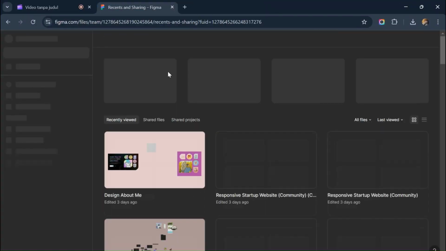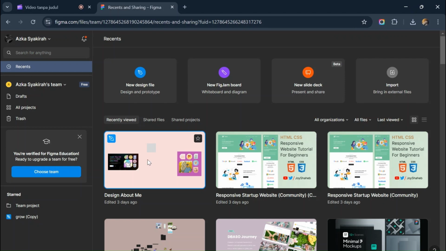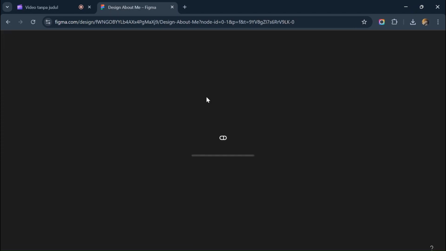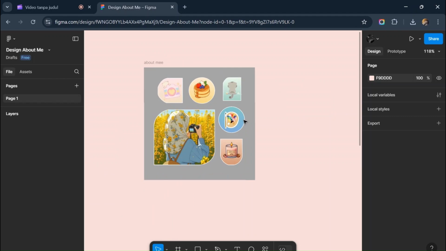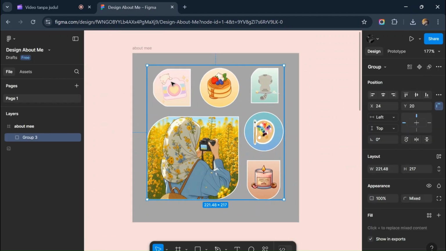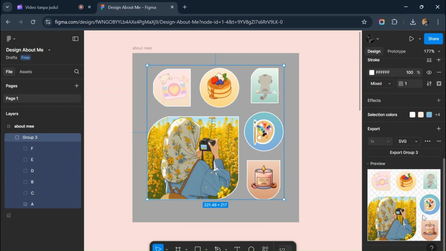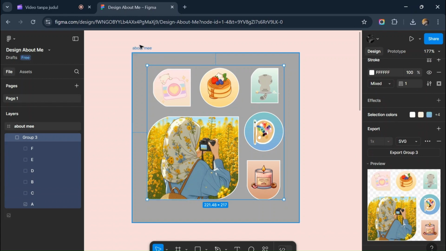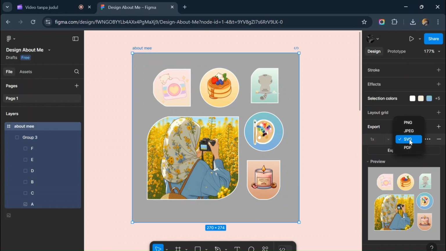Okay, so we have to make a design first. Here I have made the design in Figma, which later will be entered into Visual Studio Code. And don't forget to download the photo in SVG format.